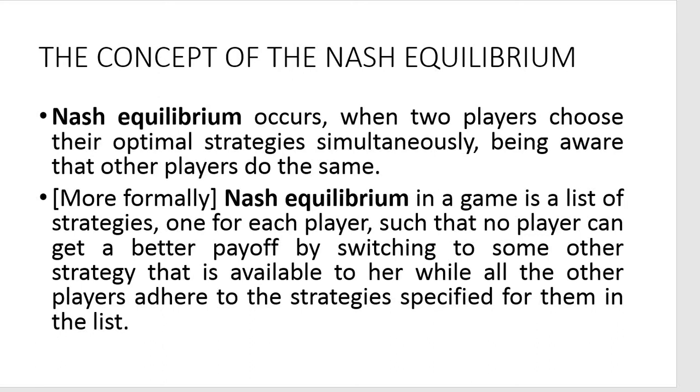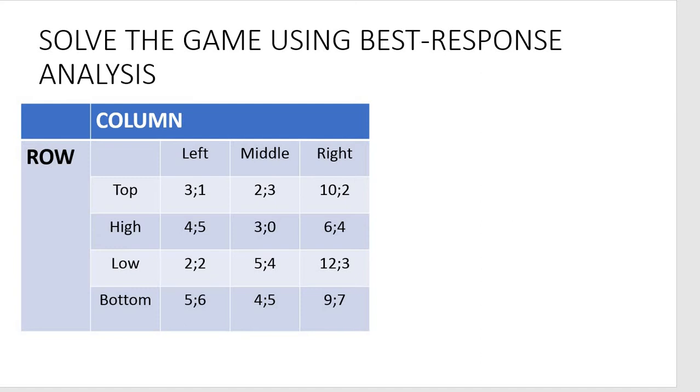Speaking very informally, in Nash equilibrium, if the second player does not change his strategy, the first player will not do this as well, and vice versa. You will see this in a second. Again, consider this game. We're gonna solve it using best response analysis, and the idea behind best response analysis is